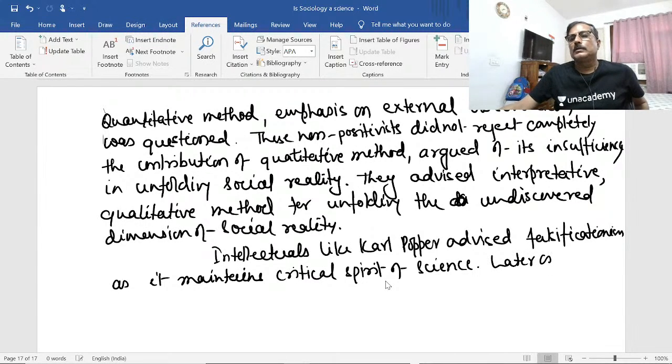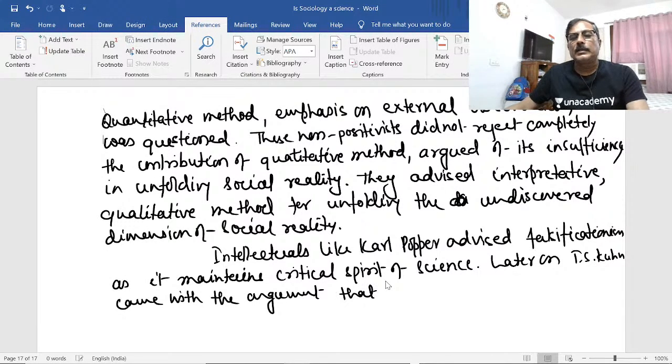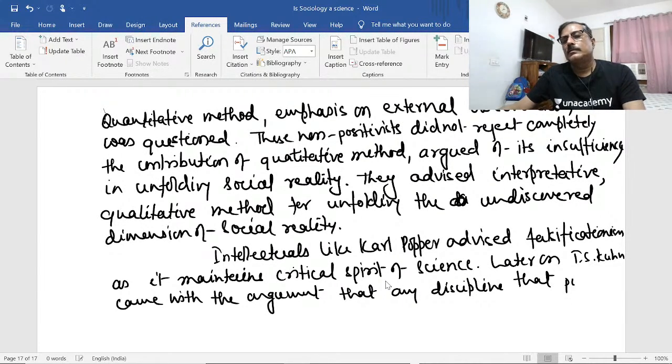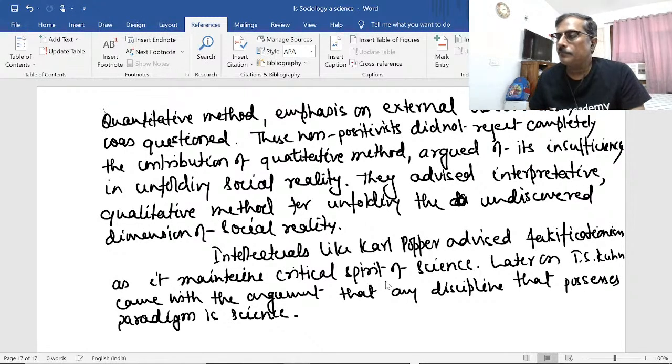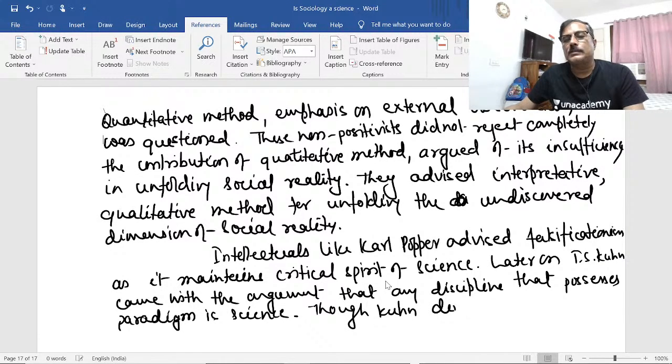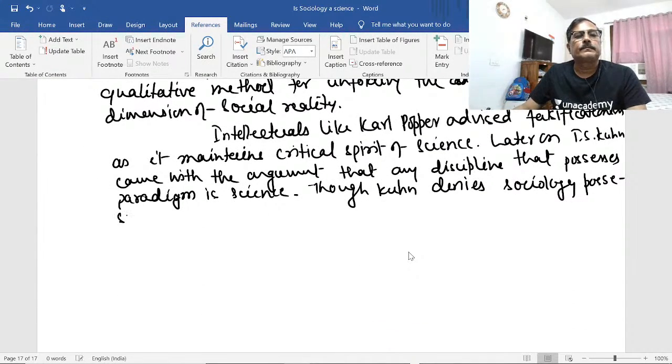Later on, T.S. Kuhn came with the argument that any discipline that possesses a paradigm is science. Though Kuhn denies sociology possessing a paradigm,